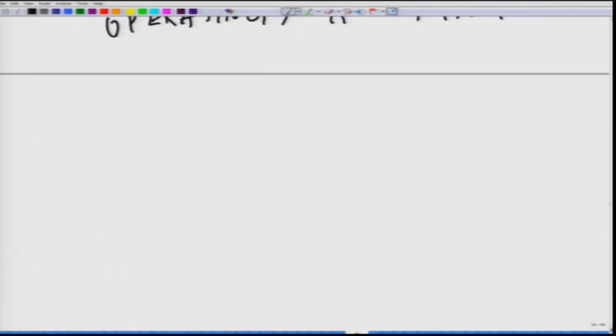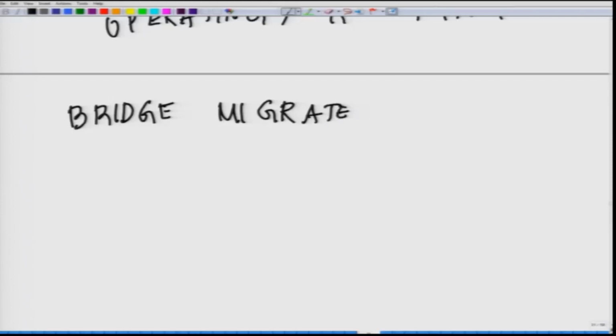Potassium from the bridge migrates to the cathode chamber